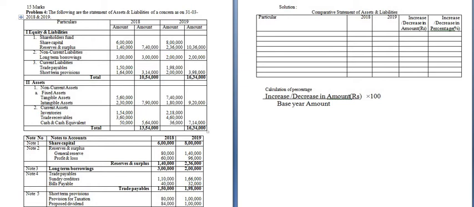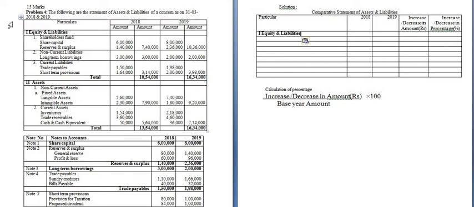of assets and liabilities. So this is the balance sheet of 2018 and 19 is given. With the help of this balance sheet, we will be preparing our comparative statement of assets and liabilities. Okay. So first we have to write what heading? Comparative statements of assets and liabilities. Okay. And as I said, whatever format is given in the problem, we will be using the same format. So first we will be taking what? Equity and liabilities. Okay. So first we will be taking equity and liabilities. So right here, first equity and liabilities.